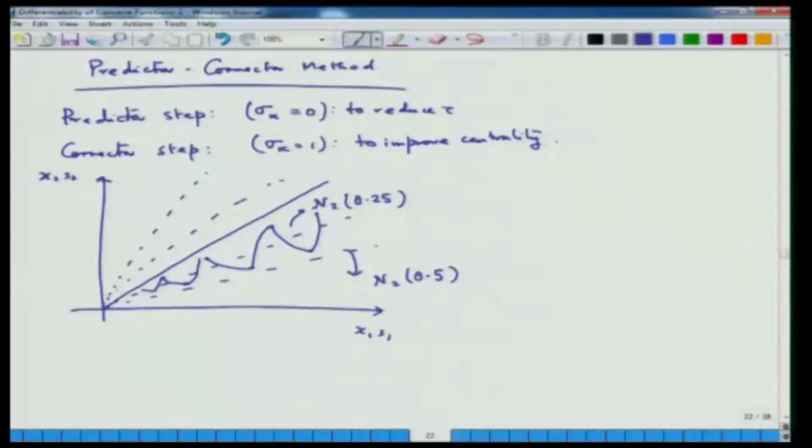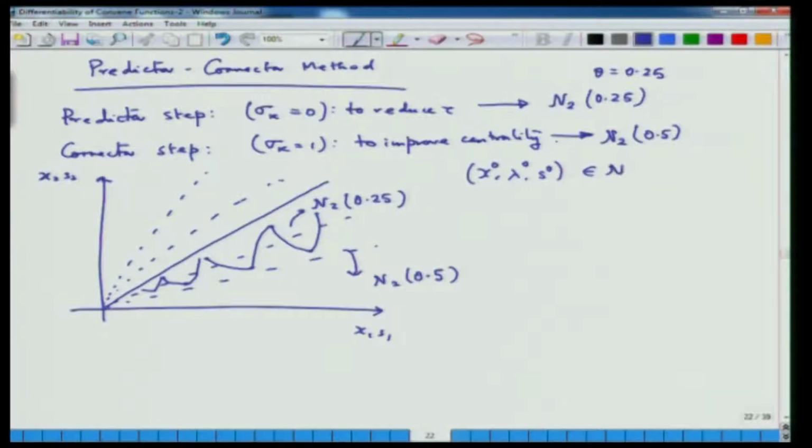I am actually telling it from this particular book, is that you have two neighborhoods here. The first neighborhood is linked to this particular choice of the centering parameter, and this is the N2 0.25, that is theta is equal to 0.25. The next neighborhood where sigma is equal to 1 is associated with the neighborhood 0.5, that is slightly larger neighborhood. So, what is happening is that I have two neighborhoods. So, I start from a point x naught, lambda naught, s naught,